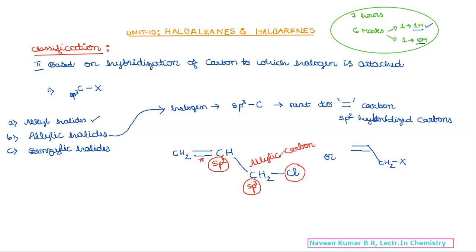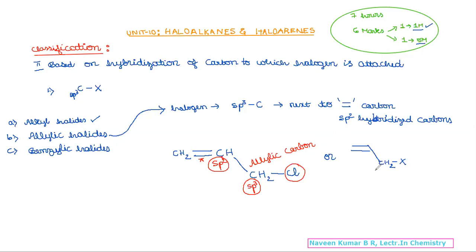Now what is an allylic carbon? A carbon which is attached to a functional group. Here we are defining it with halogen. In any other functional group also we can take the similar classification. For example, with alcohols, we can call it an allylic alcohol, where instead of Cl, an OH group will be there. Now, if we come back to this, the Cl attached carbon is in sp3 hybridization, which is present next to a double bonded carbon or sp2 hybridized carbon. And this is called an allylic halide. Hope it is clear now.